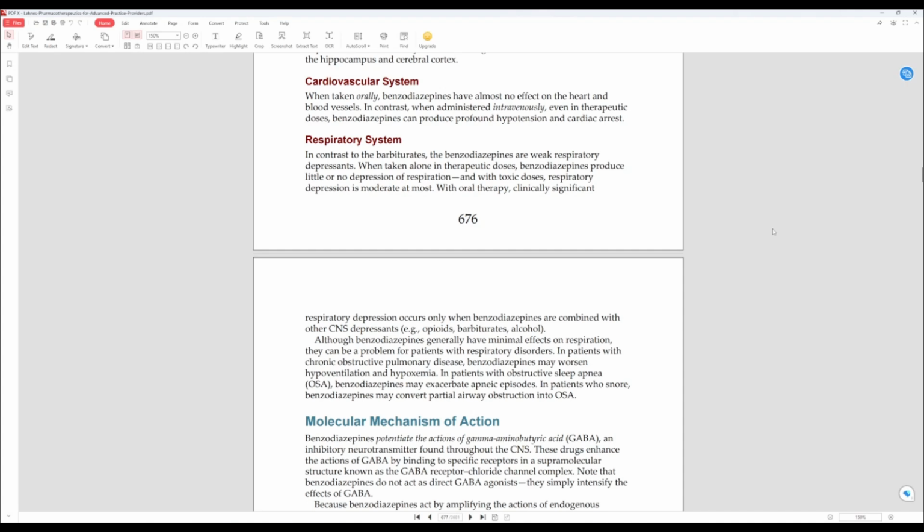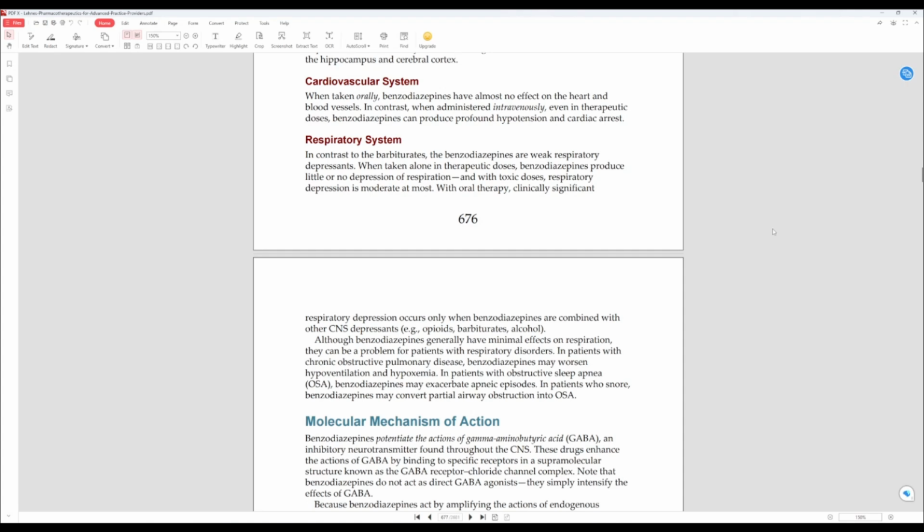Effects on the respiratory system. In contrast to barbiturates, the benzodiazepines are weak respiratory depressants. When taken alone in a therapeutic dose, benzodiazepines produce little or no depression in respiration. And with toxic doses, respiratory depression is moderate at most. With oral therapy, clinically significant respiratory depression occurs only when benzodiazepines are combined with other CNS depressants, such as opioids,